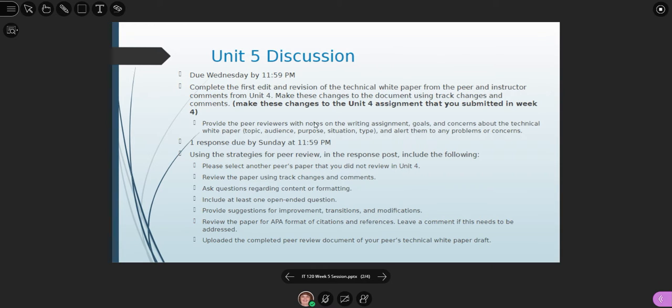Then you're going to provide the reviewers with notes on their writing assignment. Do that in the message board, not in the paper. Then you have one response, and you're going to use the peer review again. Do it on someone that you did not review in Unit 4. Review the paper using track changes. Now that means you take their paper and you make changes and comments to their paper and upload their paper as part of your collaboration